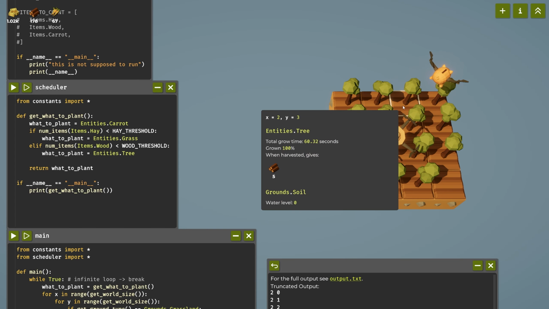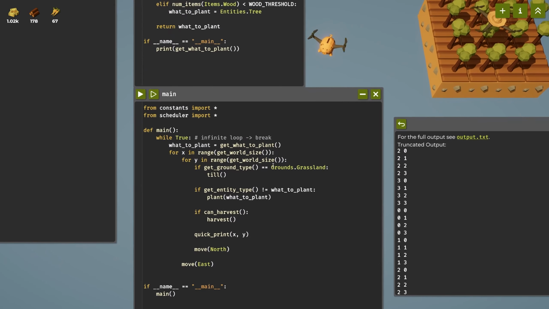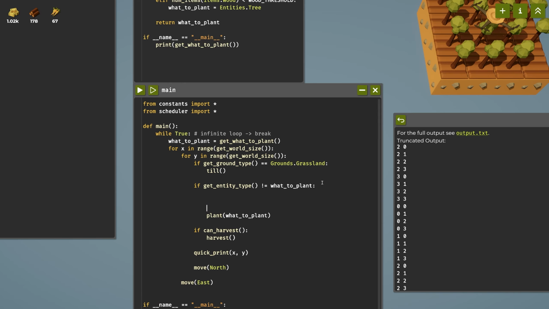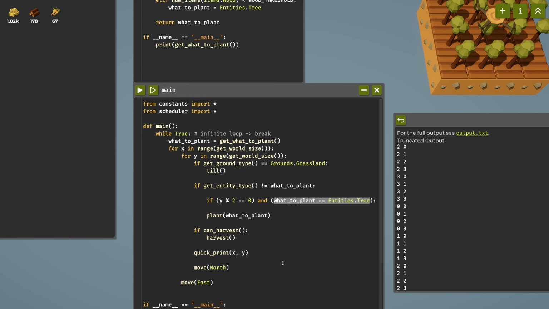And I can show you that. We can make a special case inside here. So here we can do, if y modulo 2. Modulo 2 divides by 2, and then takes the remainder. If y modulo 2 is 0, we'll make a compound conditional, and what to plant is equal to entities.3. So if 3 is chosen for planting and our y is even,